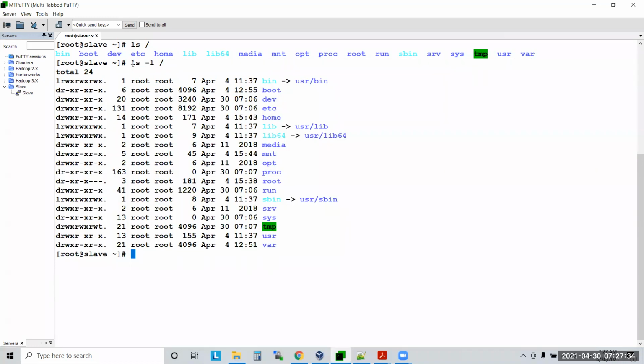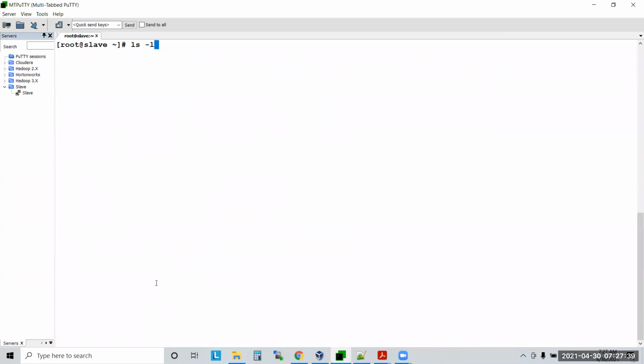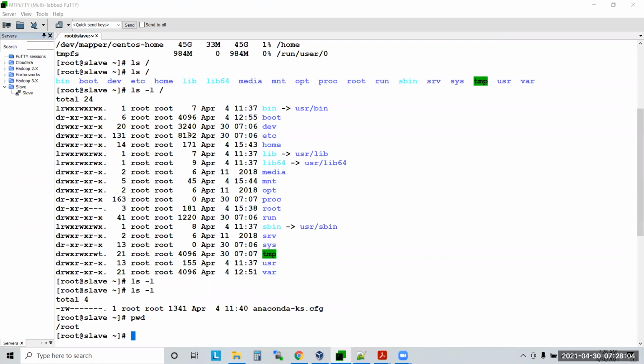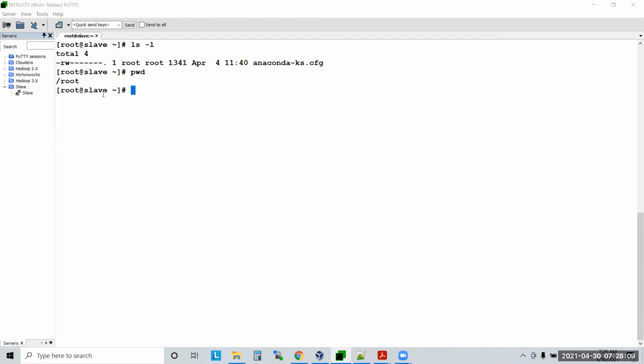Now if I just say ls -l, without saying any path, just the command, what will it show? The present directory content. What is the present directory? How can you tell where you are? You are on /root. /root means which disk? SDA. On SDA there is a directory called root, and I am in that location. If you see this, there is a directory called root. Yes or no? Yes. Inside this one I am.